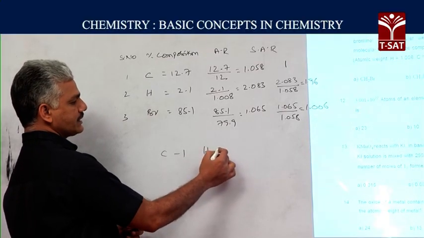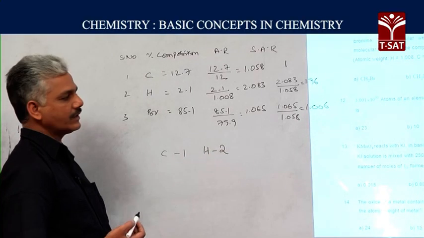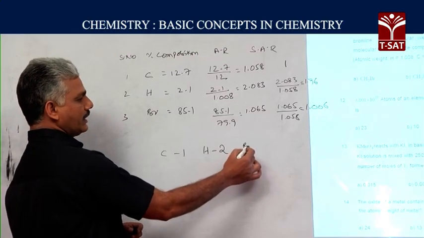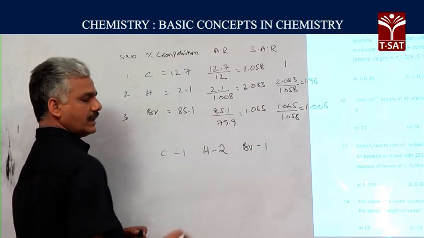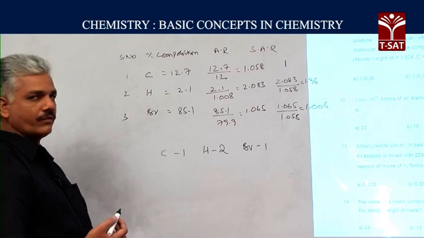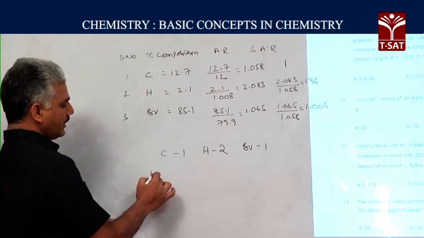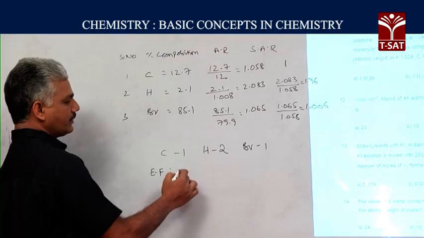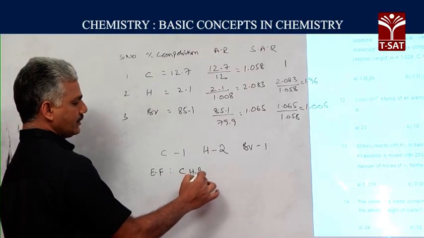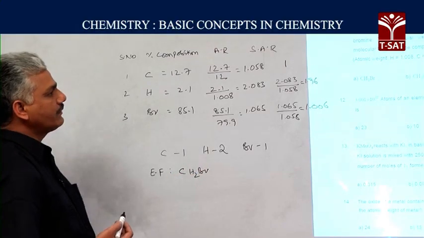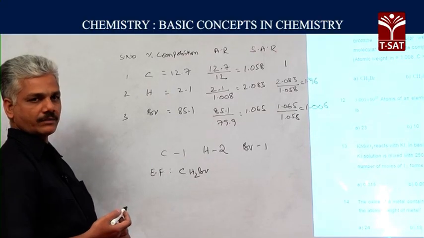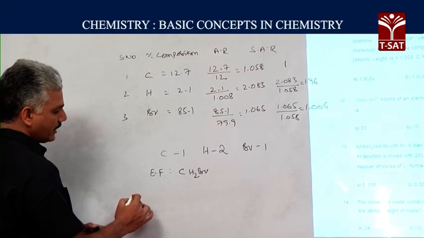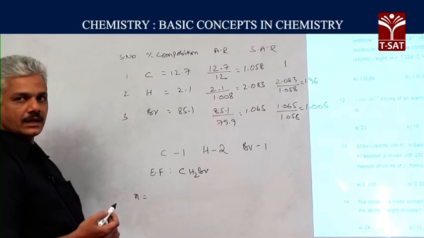Hydrogen 1.96 can be taken as equal to 2. Bromine 1.006 can be taken as nearer to 1. Therefore, empirical formula of the compound is CH2Br. What we have to calculate is molecular formula, and for calculating molecular formula, first we have to calculate n